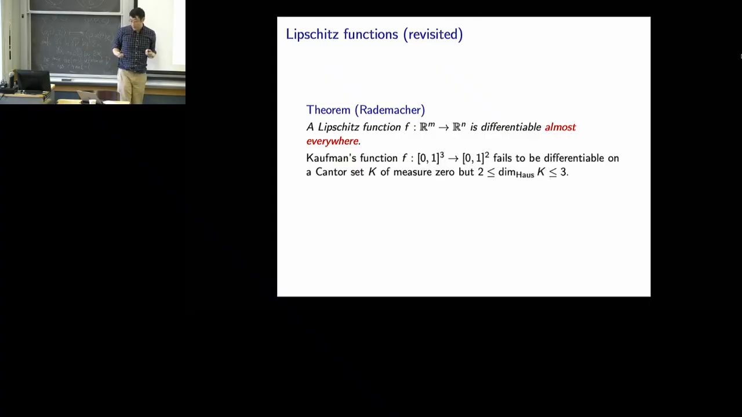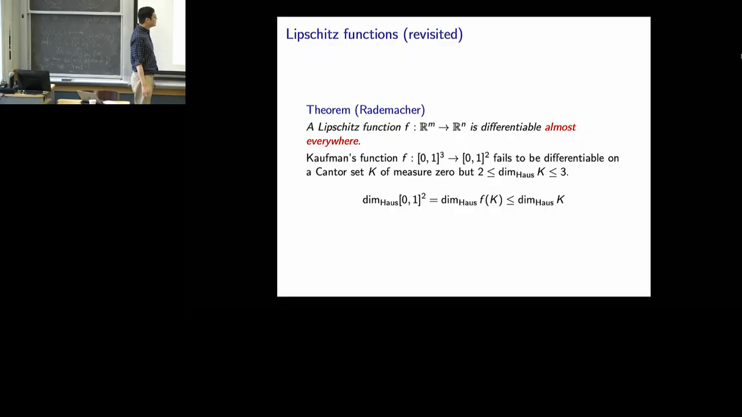These constructions, for instance, Kaufman's construction, is a map which fails to be differentiable on a Cantor set, which has measure 0, but has dimension between 2 and 3. Depending on how exactly you set it up, you can arrange for it to have dimension arbitrarily close to 3. And so the trick we're playing here is we're taking that Cantor set, which has